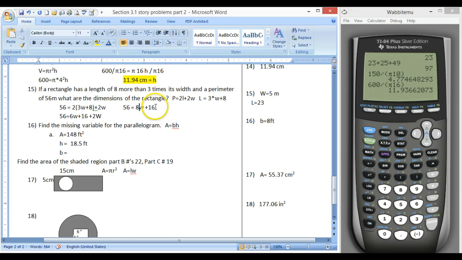So I'm going to subtract 16 from both sides. Subtracting it from the right side, it cancels out. Subtracting it from the left side, I get 56 minus 16. That gives me 30 equals